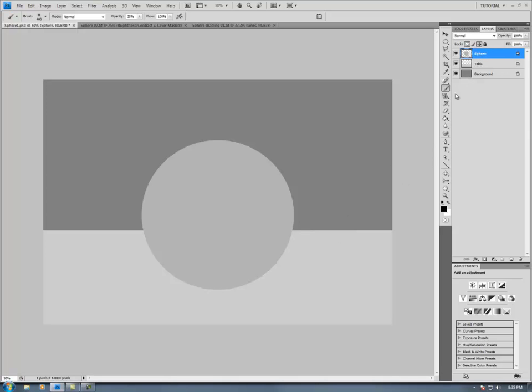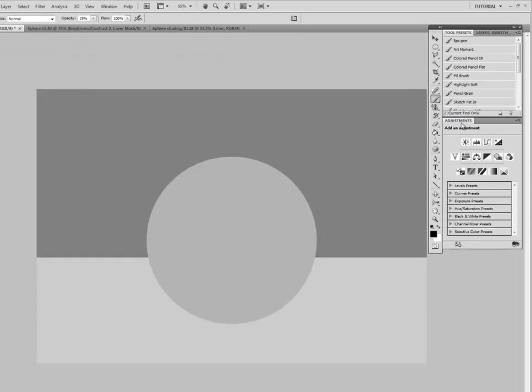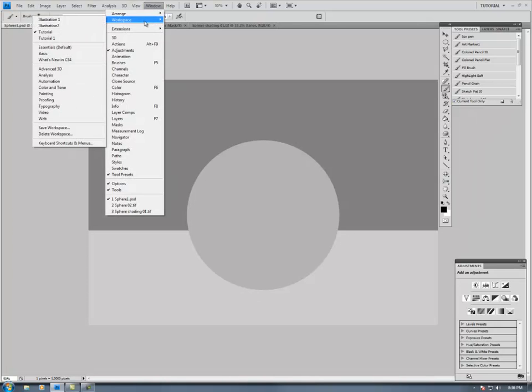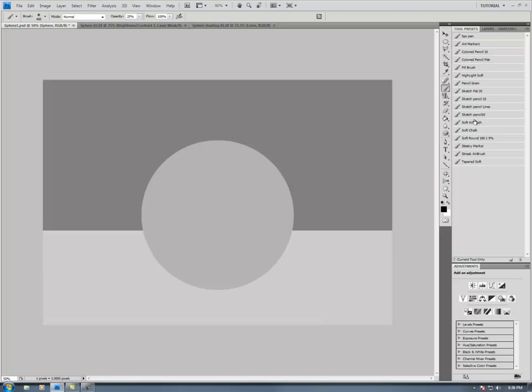Okay, now go to your brushes, your tool presets. Oh, somehow this got messed up. Hang on. Pull this down. Actually, what I can do is go to Window, Workspace, and reload the workspace. There we go. Okay, this brush here is a soft round brush